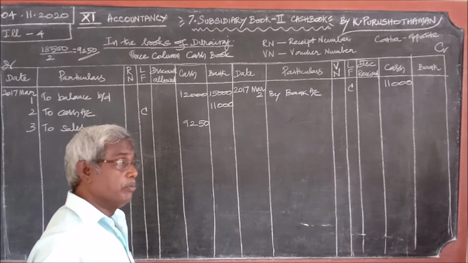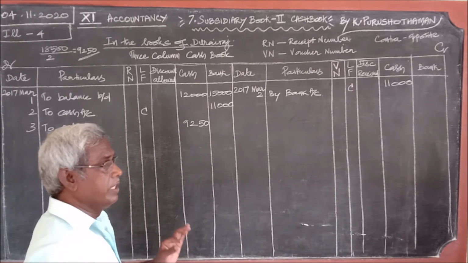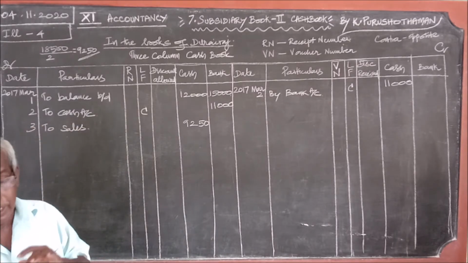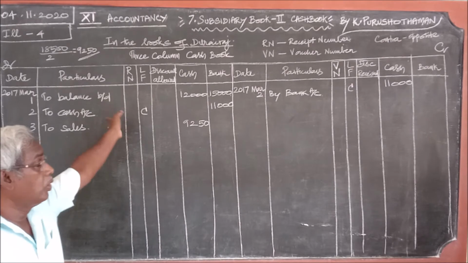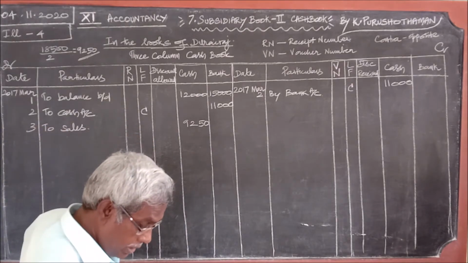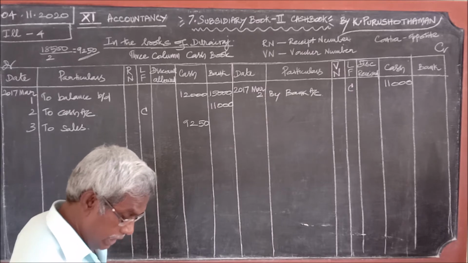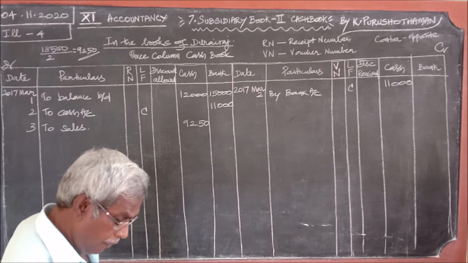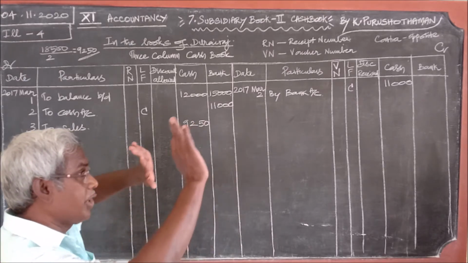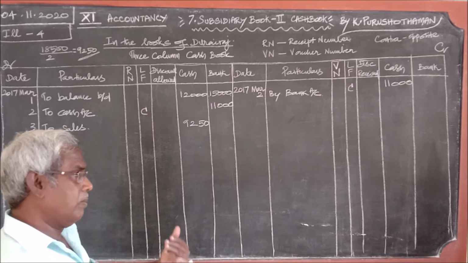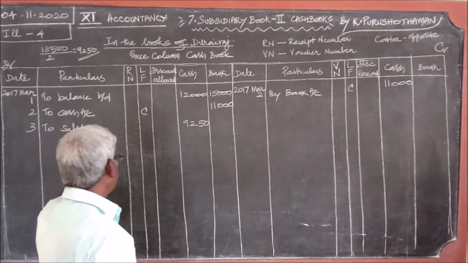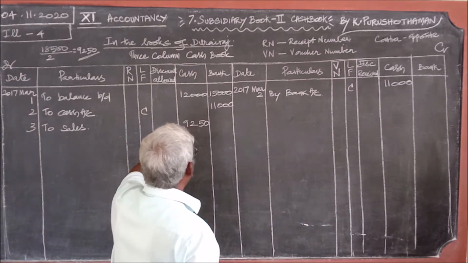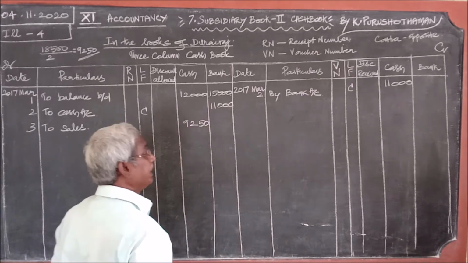When we receive a check, it should be treated as if we receive cash. I told you for journals the same thing holds good here also. Goods sold for 18,500, half of it is received in cash and half of it is received by check. If half is received by check and half in cash, what can we write? In the cash column, you should write 9,250. Once again, 9,250 you should write in the cash column only.